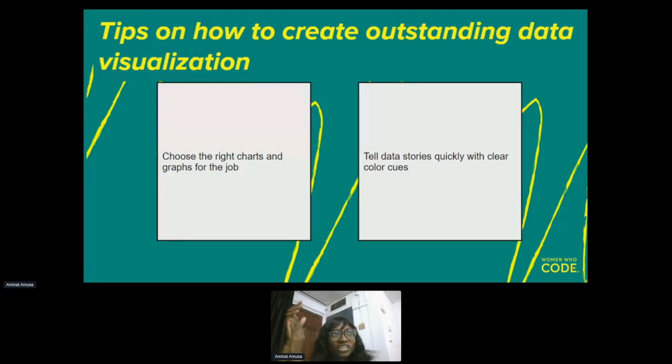You have to pick a visualization that shows the story that you're trying to tell. Because keep in mind that when you're creating data visuals, when you're creating visualization, you're not just creating charts and graphs or maps. You're trying to tell a story. You're trying to communicate to your audience. So you have to pick the right charts that will best tell your story and to answer key questions that